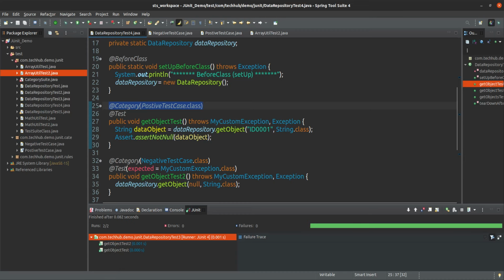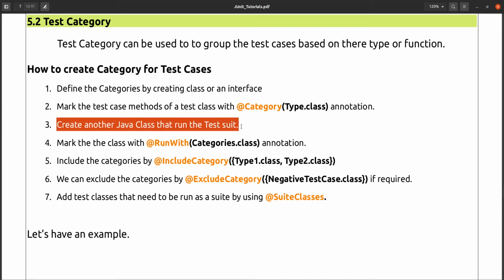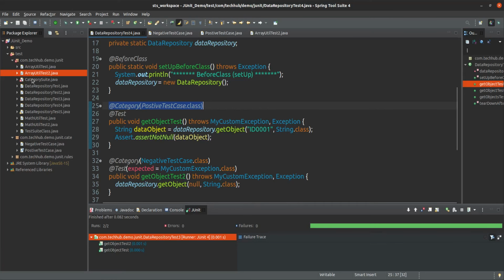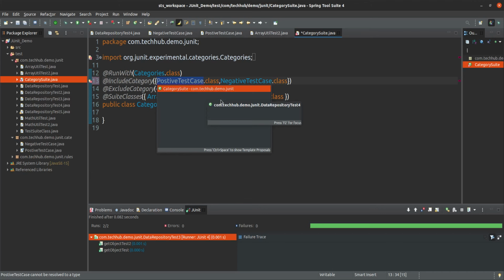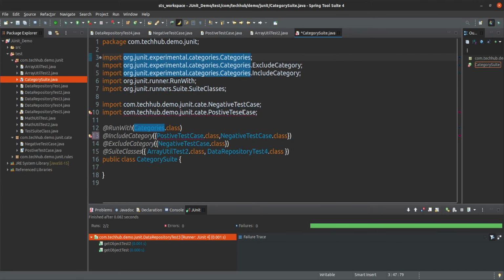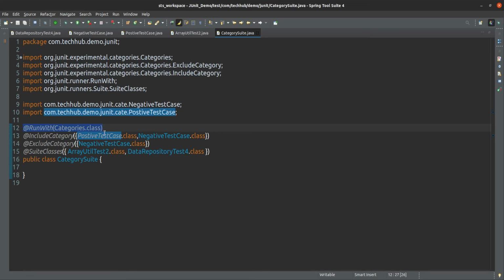To do that, what we have to do is create another Java test class, a test suite, that runs with @Categories dot class. Here we have done the same thing. If you see this test suite, what we are doing is marking this class with run with Categories dot class.